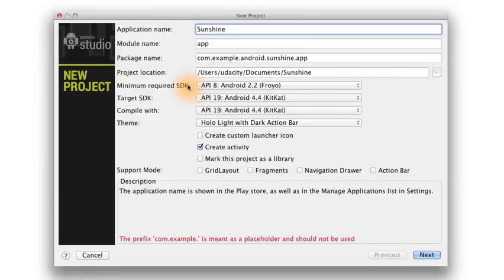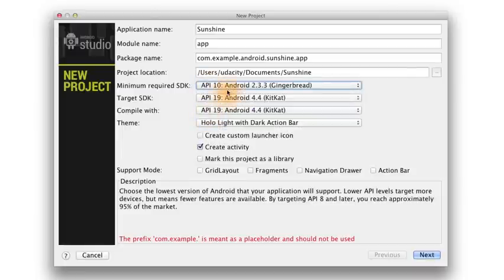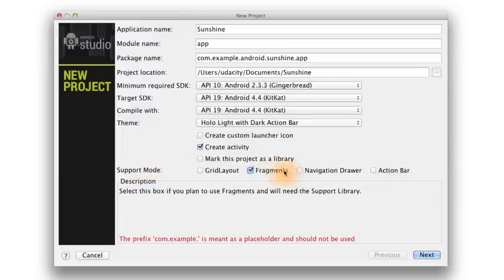So let's choose our desserts now. The earliest platform version that we'll be supporting is Gingerbread. It covers 99% of devices active on the Google Play Store. It's also the cutoff for using Google Play services for things like maps and location, and the Android support library. The support library package offers an implementation of functionality such as fragments and action bar that were added in later releases but now work on older versions of the platform like Gingerbread.